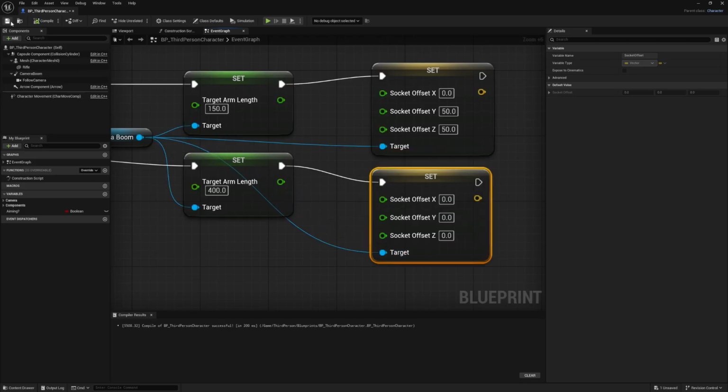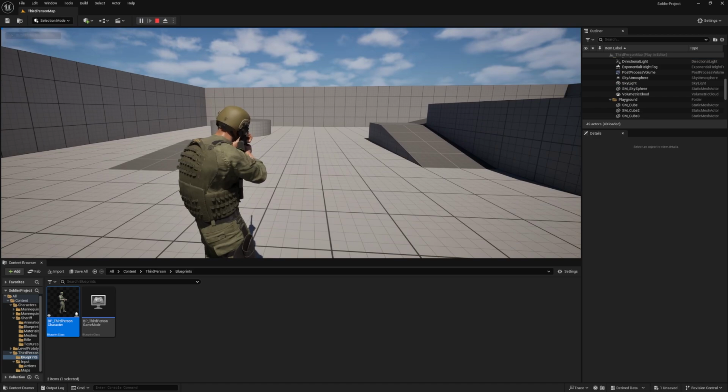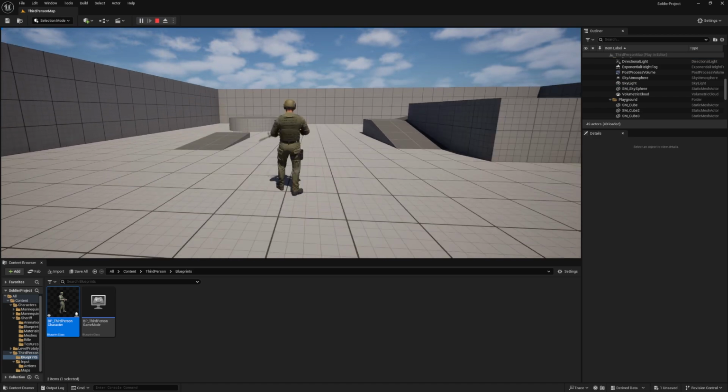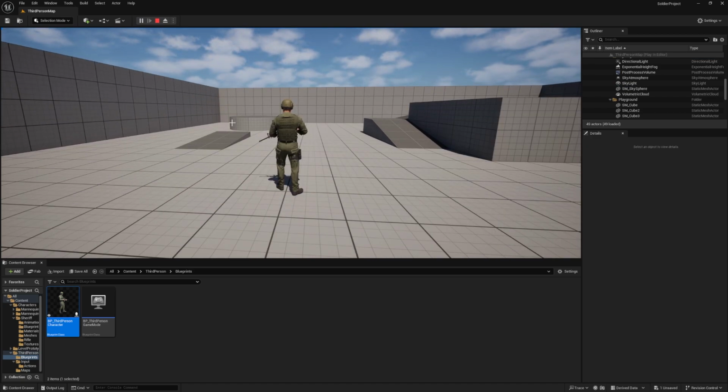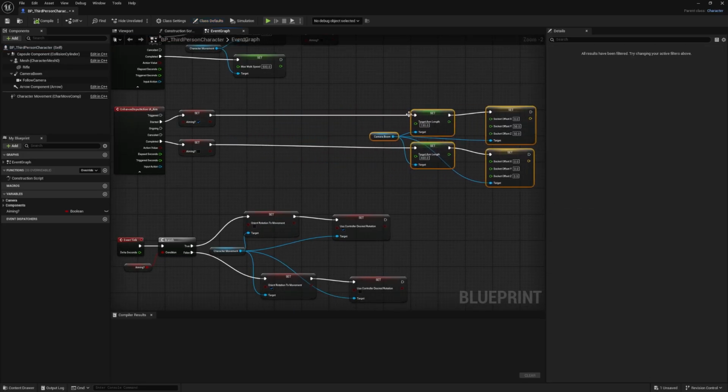Okay, let's try that out. Compile, save. So now you can see when I aim, it does zoom in over his right shoulder, but this is too jarring. So let's add a little smooth transition. To do that, what we need to do is scoot these 5 nodes over, make some space, and we're going to